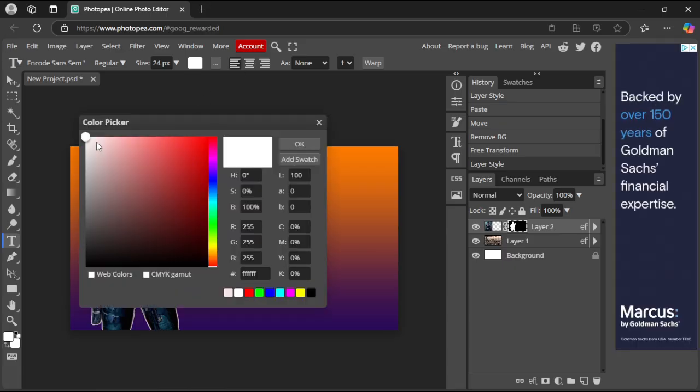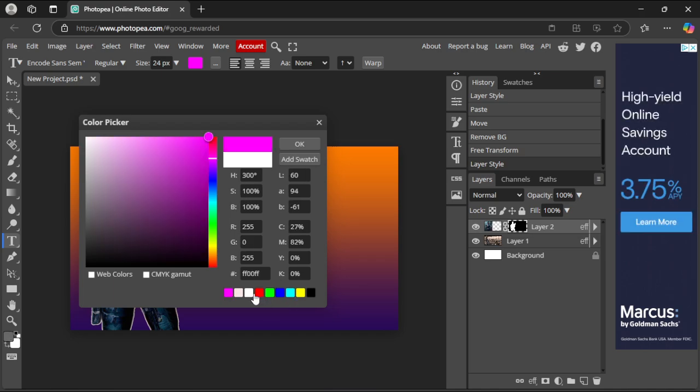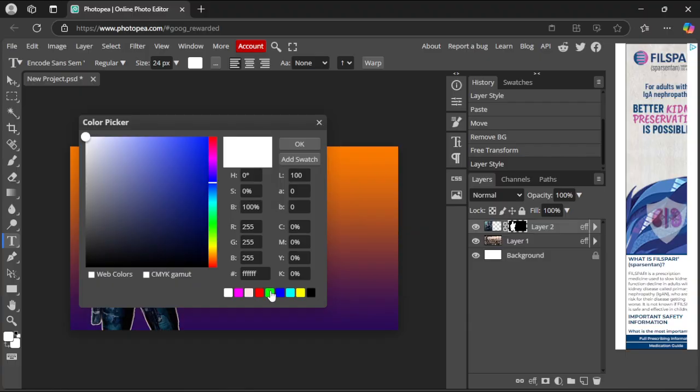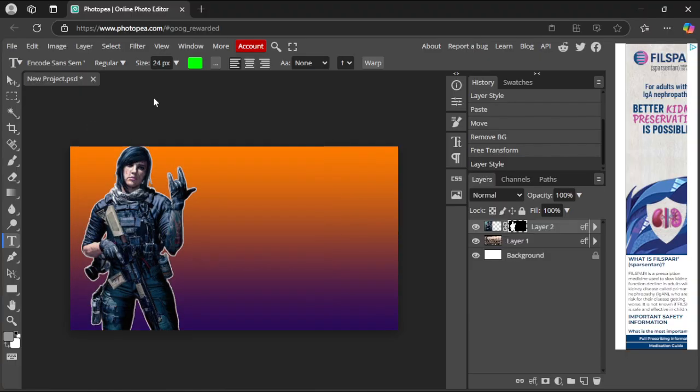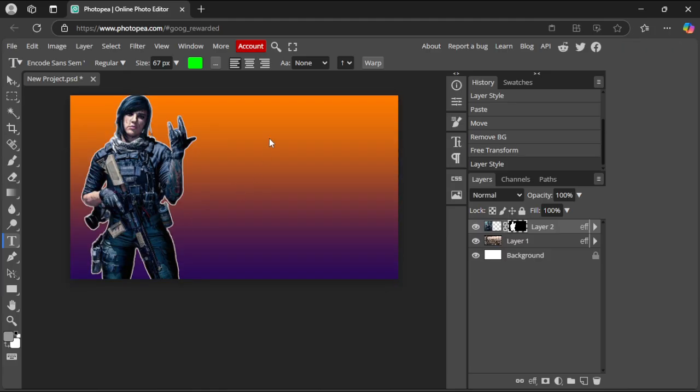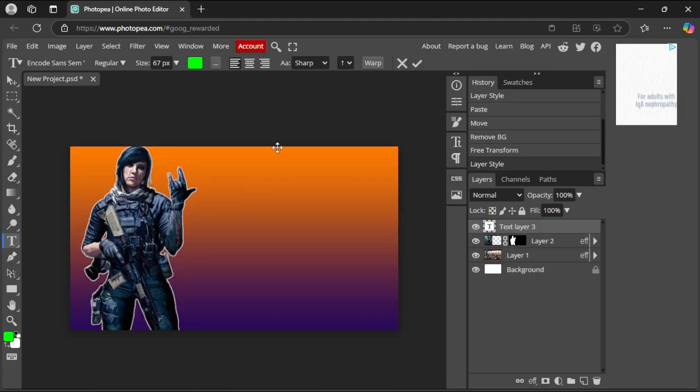I usually like either pink text, or bright colors. You want bright colors, so either white, gray, or something light. Now you can use green. I want to try green. We'll see how that works. And I recommend going like 50 to 67, something around that. And then what you can do is just simply